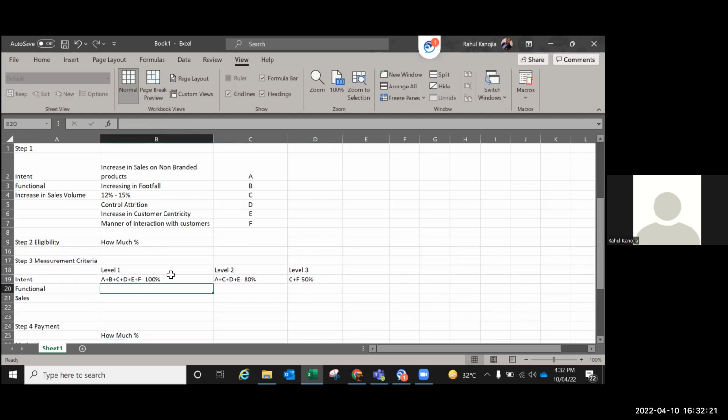What about functional में? उसमें A to D मेरे ख्याल से फंक्शनल है क्या? हाँ, A to D functional है। A to E तक आएगा। D नहीं, D आपका तो ये हो जा रहा है ना, HR हो जाएगा। बट अगर आप शीट में देखोगे तो D is increasing footfall and to be produced आ रहा है। So यहाँ पे we can say that A plus B plus C 100% है functional part में।